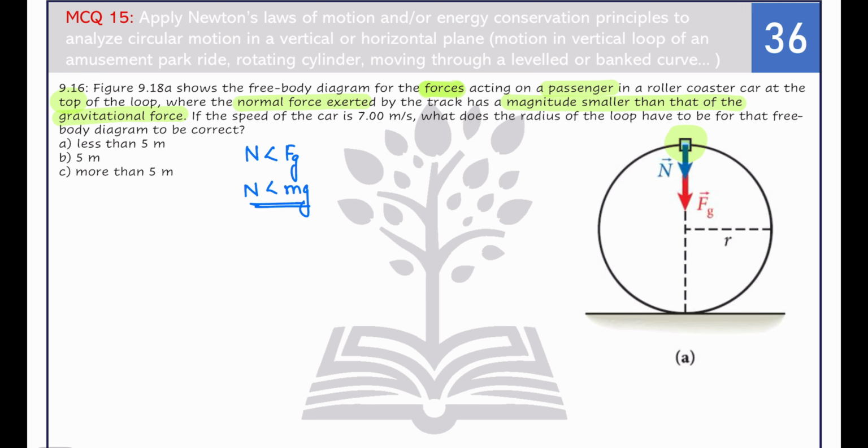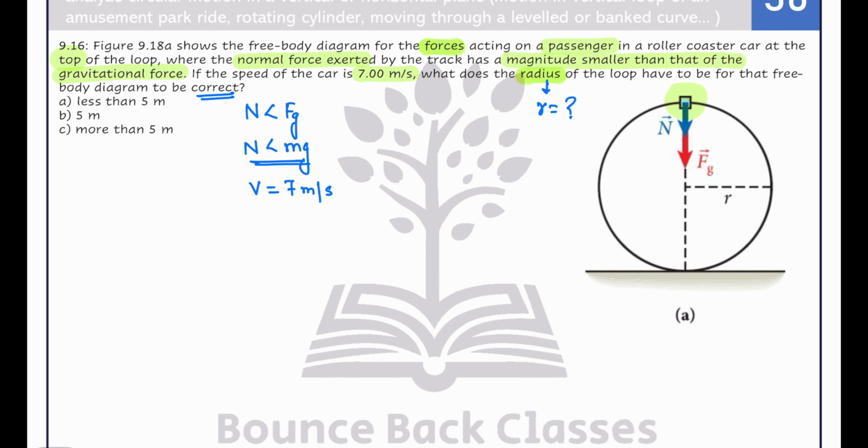Is it fine? Okay. If the speed of the car is 7 meters per second, velocity is 7 meters per second, then what do we need to find? We need to find what the radius of the loop has to be for that free body diagram to be correct. Whenever this type of question comes, we need to compare. As we know, on the top view,